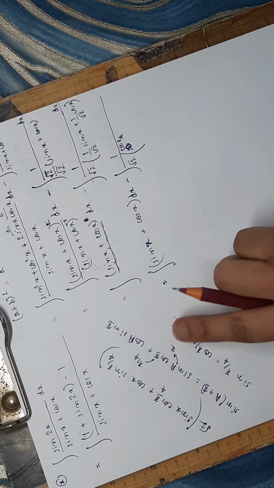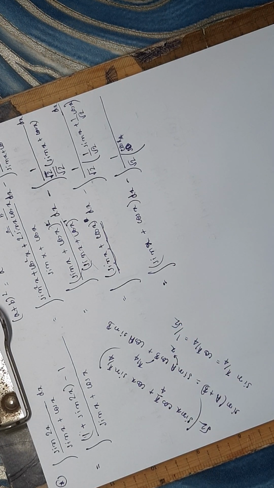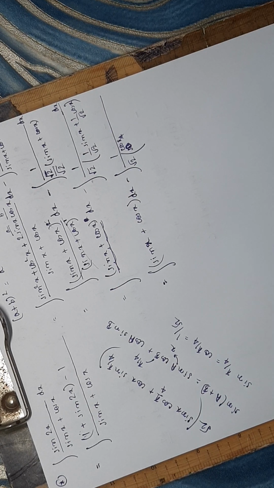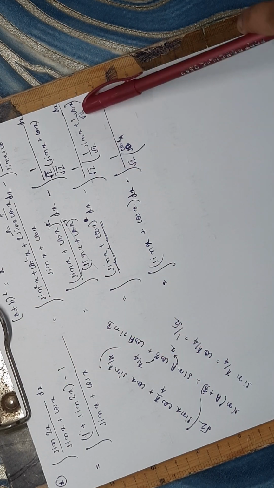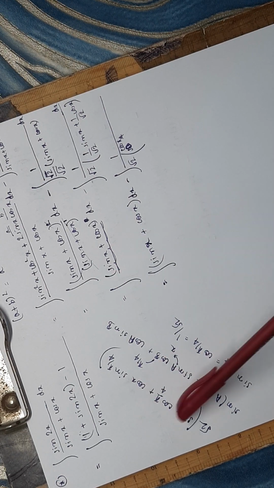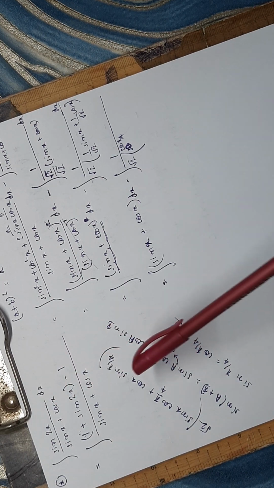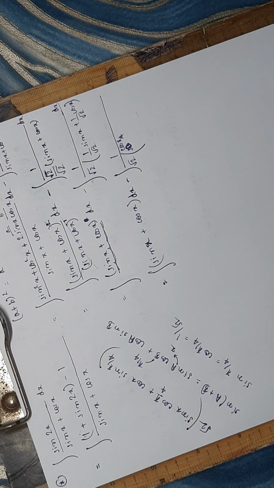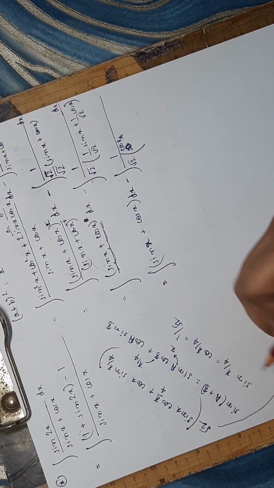Alright, this is why in the place of 1 by root 2 I have replaced it with either a cos pi by 4 or a sine pi by 4 as per what my formula requires. As per the requirement of the formula, I have replaced the first 1 by root 2 as cos pi by 4 and the second 1 by root 2 as sine pi by 4. Alright, so ultimately what we will be getting is sine a cos b plus cos a sine b, where a is our x here and b is nothing but pi by 4. So ultimately what can I replace this with? I can write this thing as